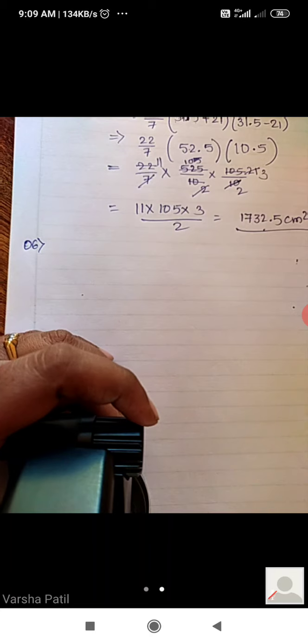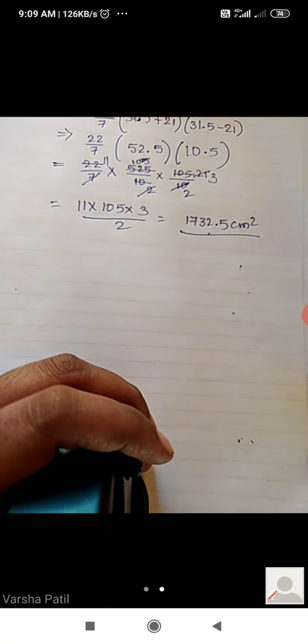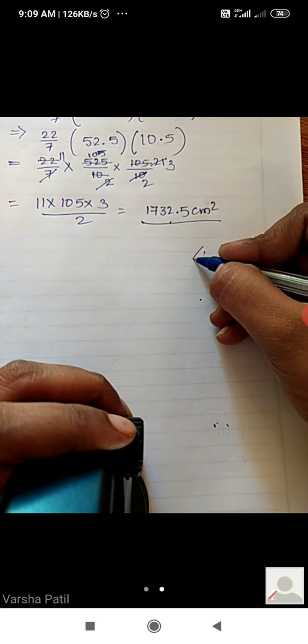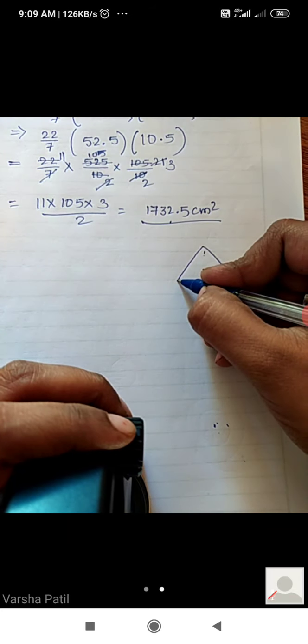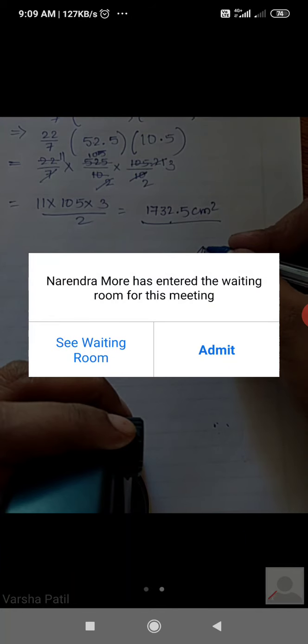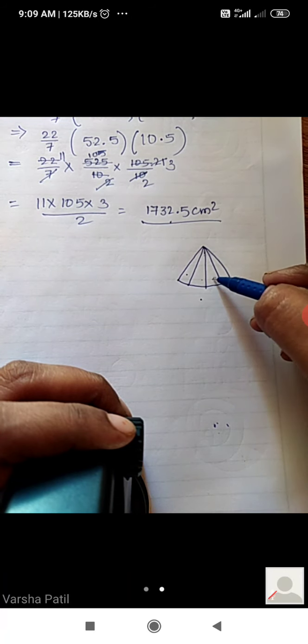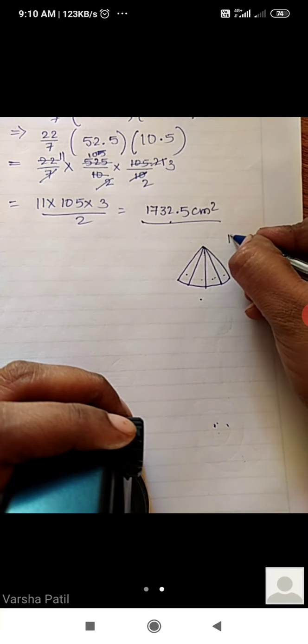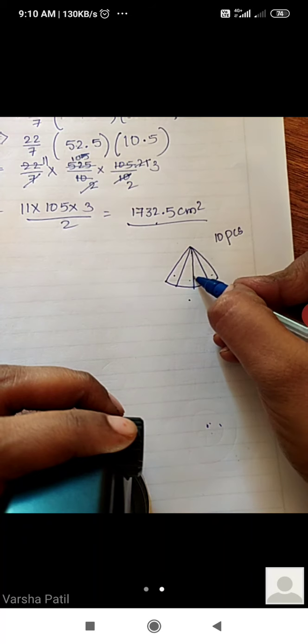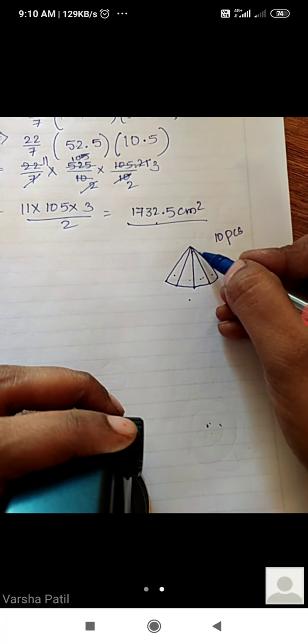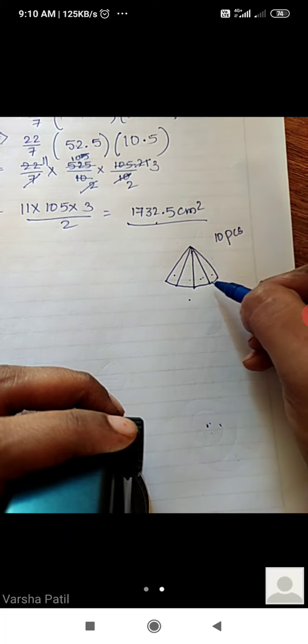Okay, very good. The question is about the umbrella, and it is made up of 10 triangular pieces. See, not perfectly the umbrella, but still. If I say this is the umbrella and I have drawn one, two, three, four, five, six, seven, eight, nine. Total umbrella, how many pieces total? 10 pieces. And which shape? Triangular shape. Yes, it is given in the question. Each piece is triangular. And how many pieces are used? 10 pieces are used.